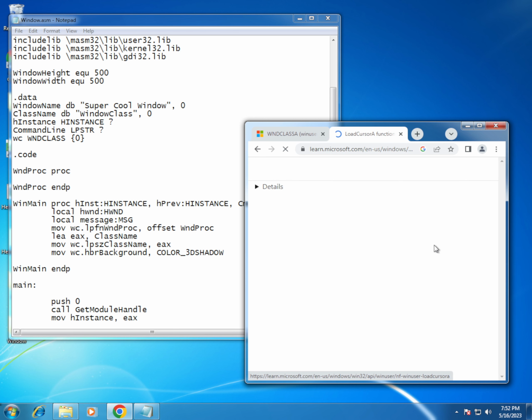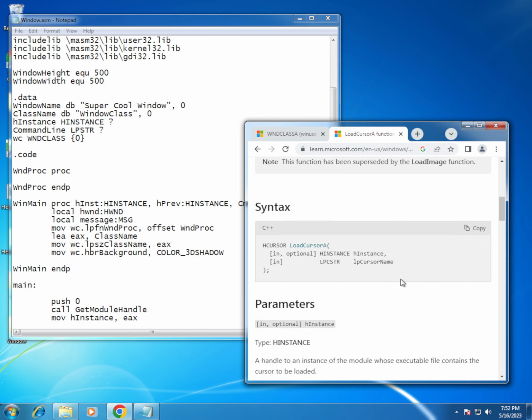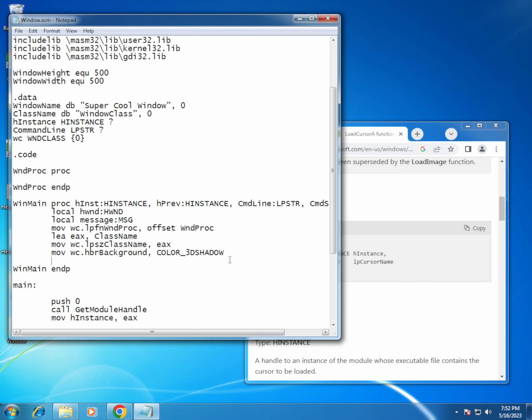Okay, let's see. So it takes 2 arguments, LP cursor name, and then H instance. What? Wait, H instance? Huh. Okay. All right. I guess. I think this is just going to be the cursor type, or the cursor that you want it to be, and I think you just put IDC underscore arrow for the default one, and it says optional here, so we can just put 0. So okay, let's push